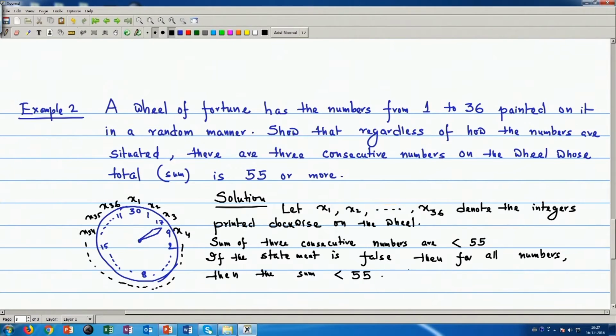For the result to be false, all such 3 consecutive numbers, say x1, x2, x3, then x2, x3, x4, then x3, x4, x5, similarly x34, x35, x36, then x35, x36, x1, then x36, x1, x2,